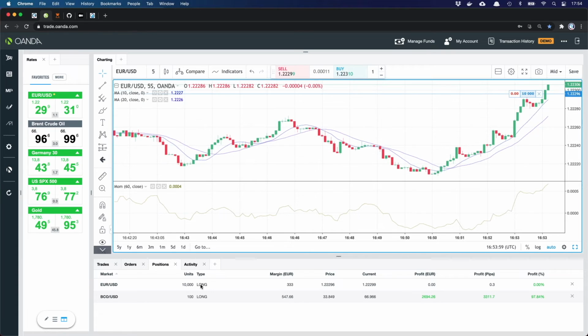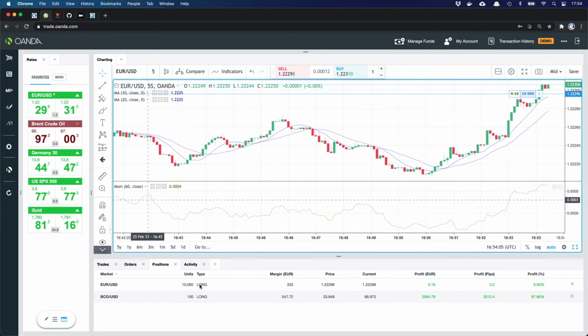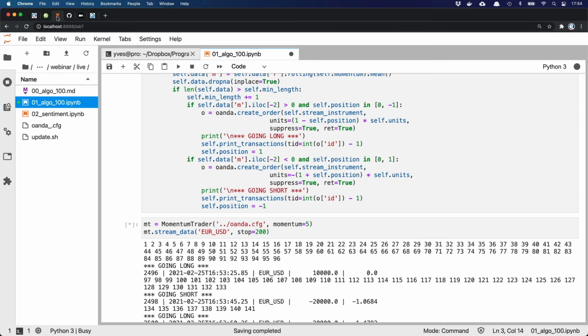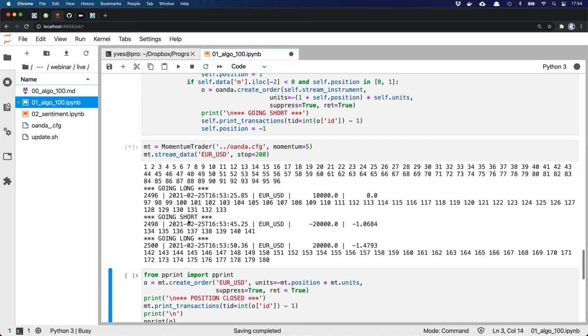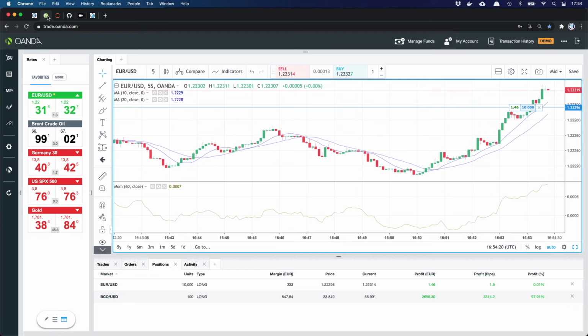So the example here, the very example, is constructed in a way that it trades rather quickly, right? So, and it's still running here. We had to go long, we had to go short, went long again, and when it reaches now 200 ticks, it will stop here, right? The final position is still open, 10,000 long from the logic.